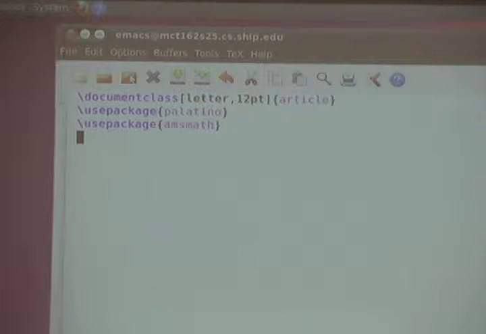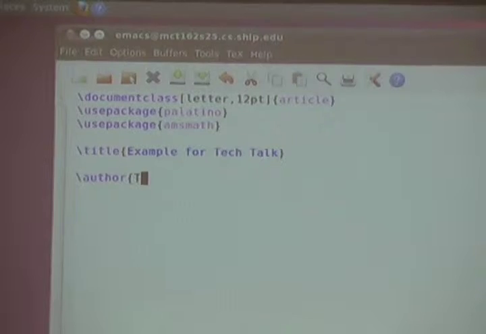and I want to use the AMS math symbols. So there's a number of different conventions for typesetting math. I want to use the standard, that is the American Math Society, AMS. So we'll give it a title, tell it who the author is,